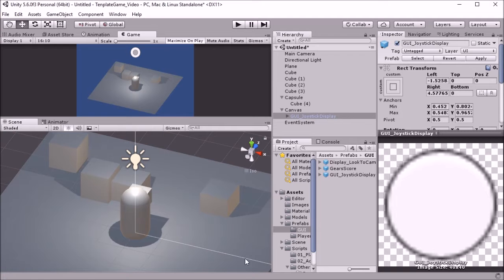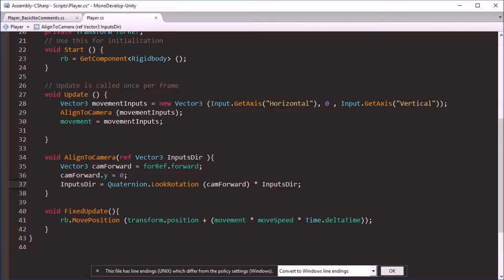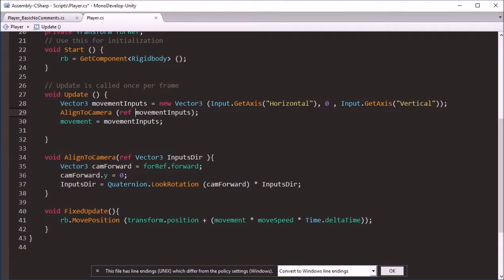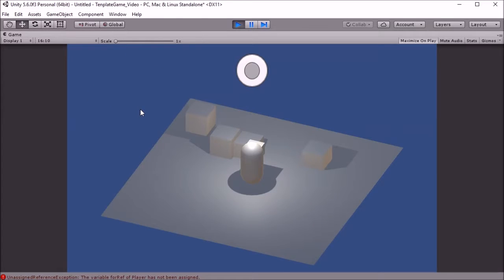If I go into the script, you'll see that there's an error. I know what it is, so I can actually just fix it immediately. You see I put ref here, and I just need to put ref there. Usually when you put a value into a function like this, it can't actually change that value unless you put ref there, which means it explicitly knows that whatever changes I do within here need to apply to the actual thing. So now let's go back into Unity, errors all gone,